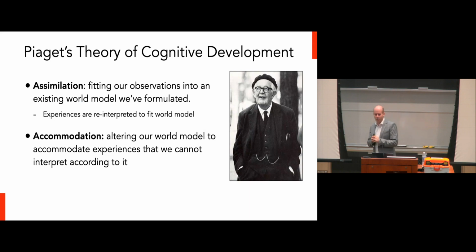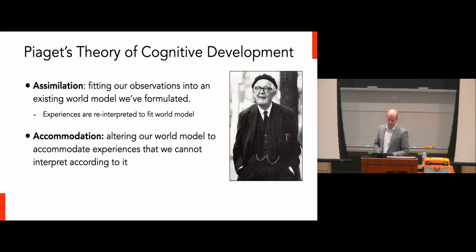It's important because it's also exactly what we do when we learn. We don't necessarily evaluate arguments and reasons that others give us, but when we learn, we often evaluate our observations about the world according to some world model that we have already constructed from experiences. So Jean Piaget, in his theories of cognitive development, proposed that we generally use two processes when we're learning from our environment. The first is what's called assimilation, which is where we fit the observations that we make about the world to our existing world models. And the second is accommodation, where we learn how to change the world model to accommodate the observations that we're seeing in the world.